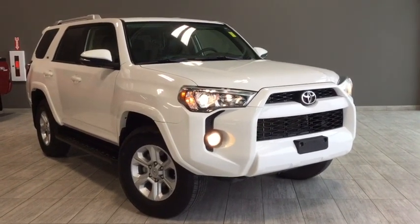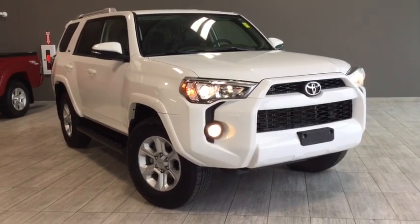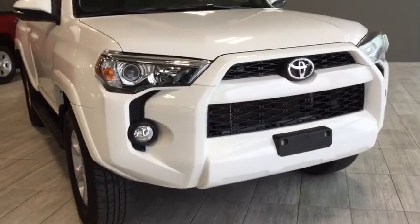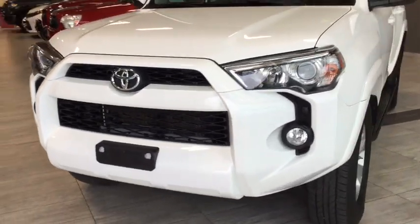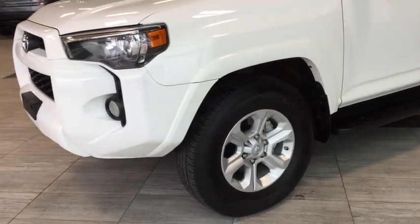Today we'll be taking a look at this beautiful 2017 Toyota 4Runner SR5 with your upgrade package. Here we have a 4-door, 7-passenger 4x4 SUV, and the color is called Alpine White. Under the hood, you'll find a 4.0-liter V6 engine, and you'll be riding on top of 17-inch aluminum alloy